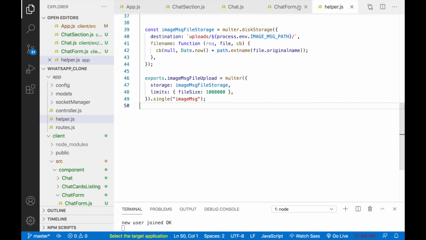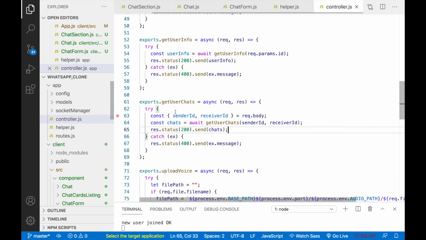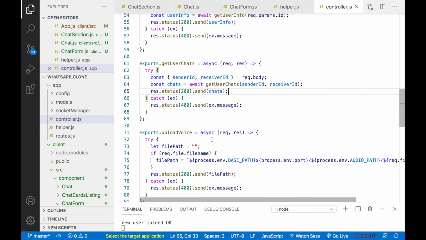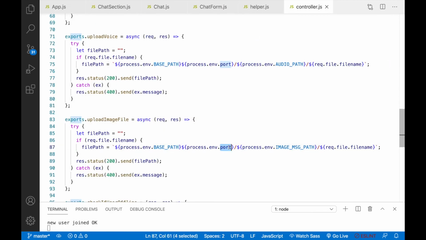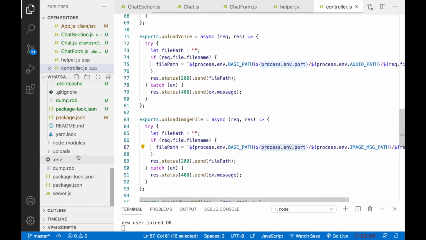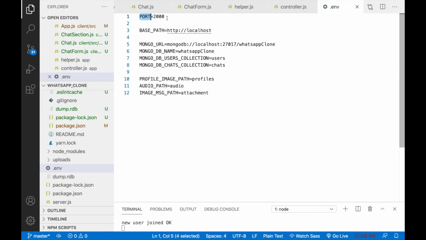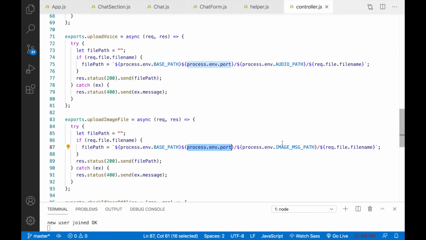So we'll go to controller.js and check where the upload image is. So this is the upload image. Here we are creating that path, right? This is a base path, then this is a port. If we open our .env, we can see port is in capital letters, but here we passed a small letter, and here also it's wrong.